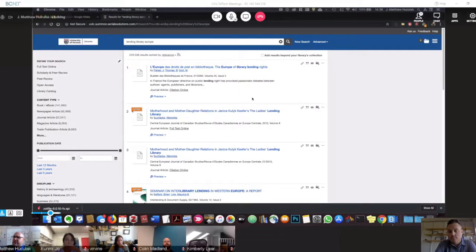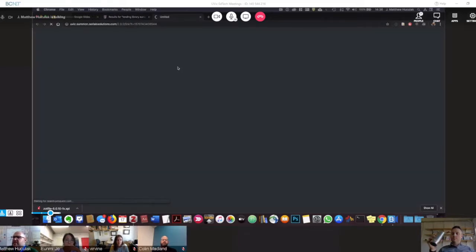And you can see here that I have an article, Europe des droits de prêt en bibliothèque. So this is an article about the rights of people to borrow books in Europe. And it shows me that it's just a citation. There's no actual journal article here. But I want to show you how this works. If I click on this,